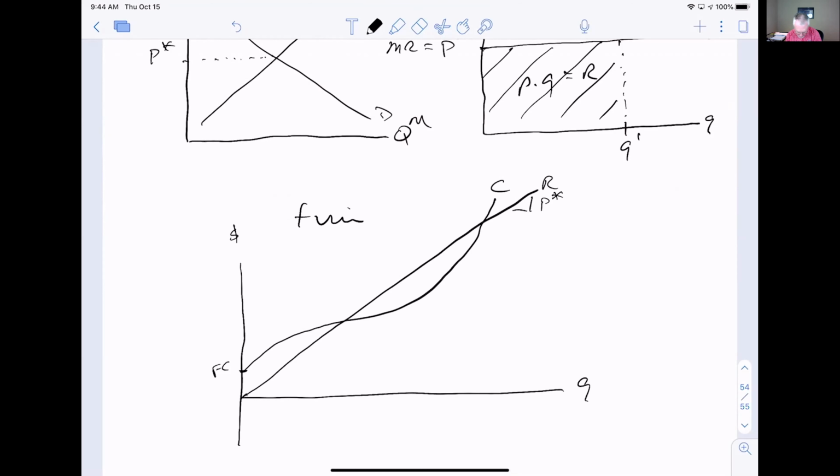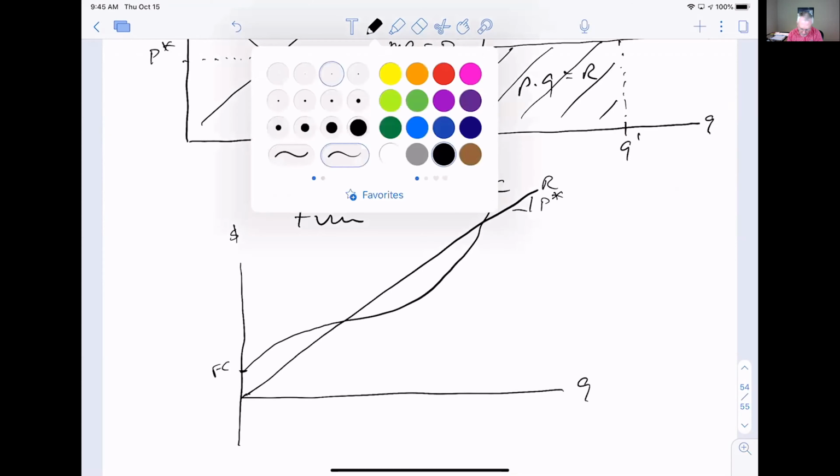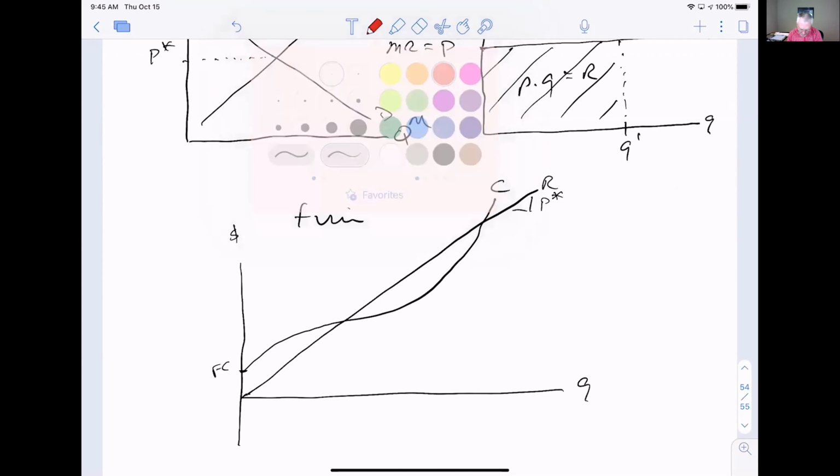Now, revenues minus costs, well, this is my revenue curve here. Let me pick a different color here. What's profit going to be? Profit is going to be